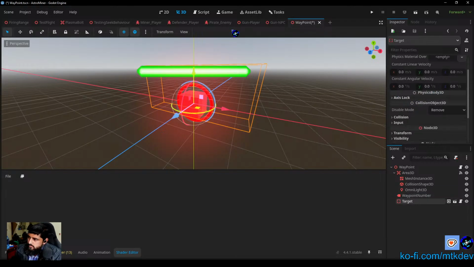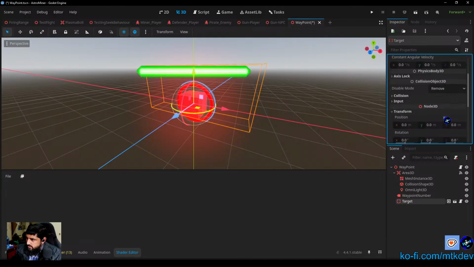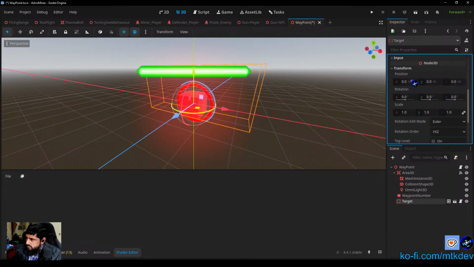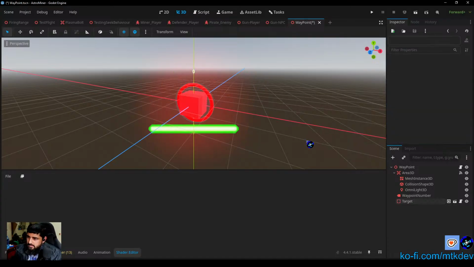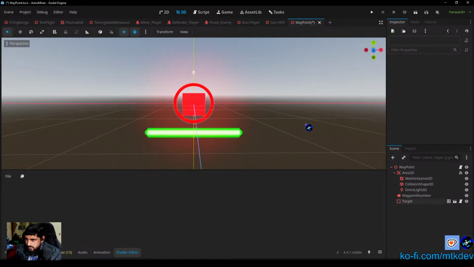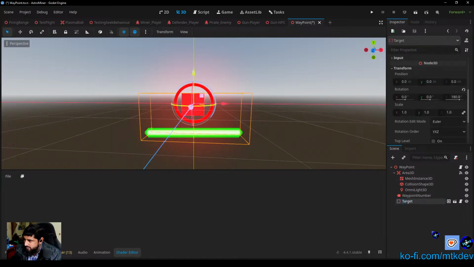So what I can do to put the health bar at the bottom, I can just rotate this. Rotation about z-axis, 180 degrees. So now it's at the bottom of the waypoint. So now you can still see the number and you can see the health. Okay. And now for the waypoint itself,